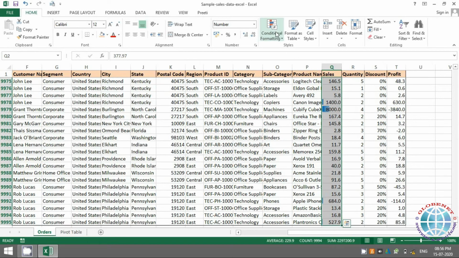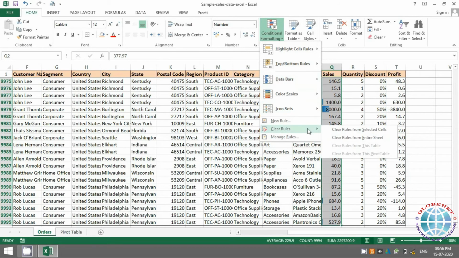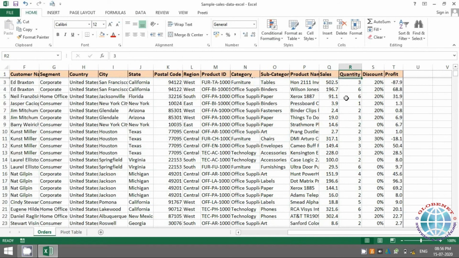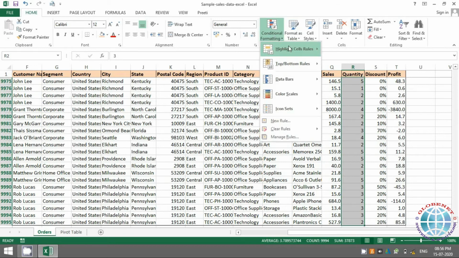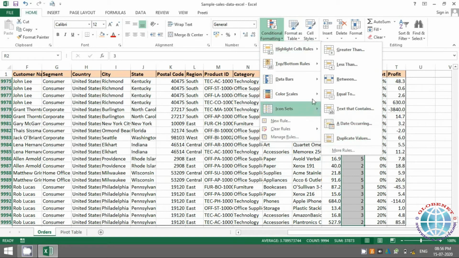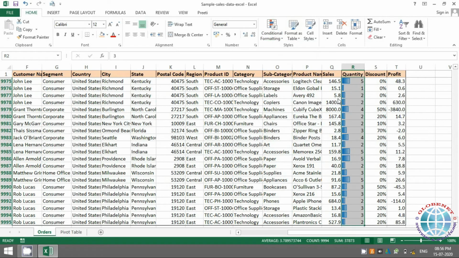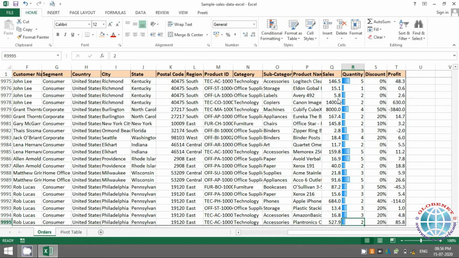So if, for example, I would have done the same thing, let me just clear it. If I would have done it in this column, wherein I see quantities in values less than 10 maybe, sorry, if I go to data bars, it will take a range and it will give you these bars in each and every cell. So you can quickly see the cell and know whether it's a lower value or a higher value.